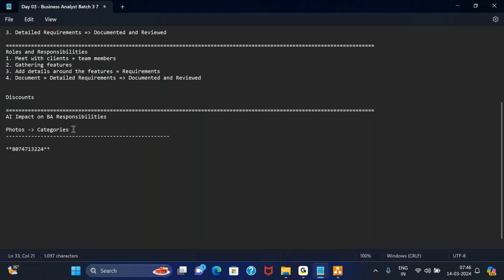Similarly, some of the artificial intelligence tools that we utilize on a day-to-day basis are usually the conversational AIs, things like ChatGPT, or Gemini, or Bard.